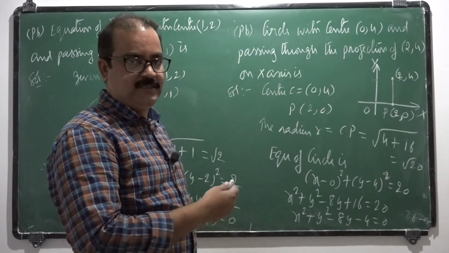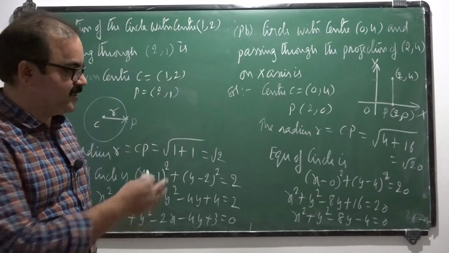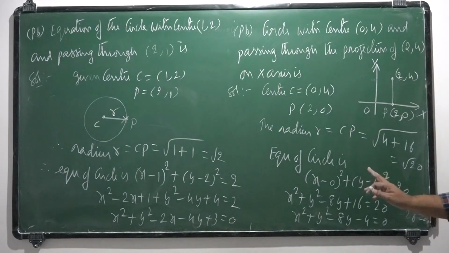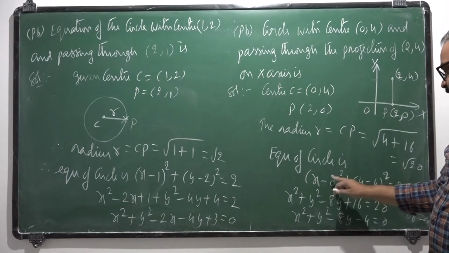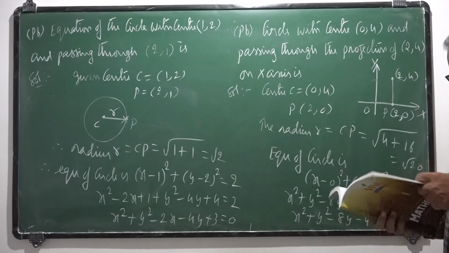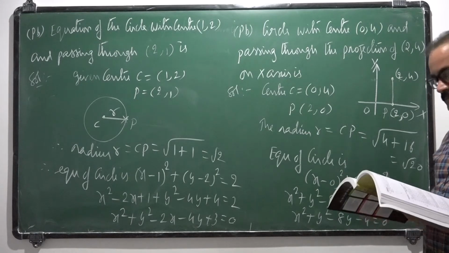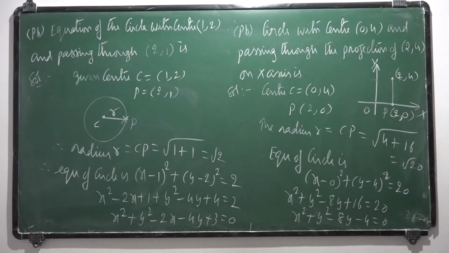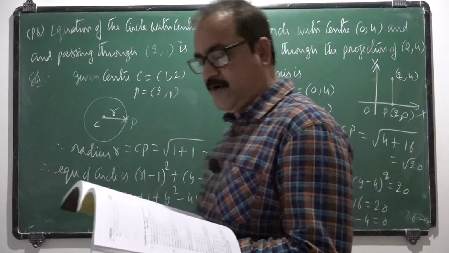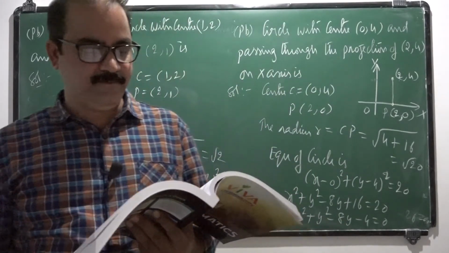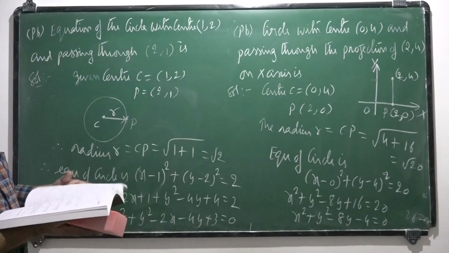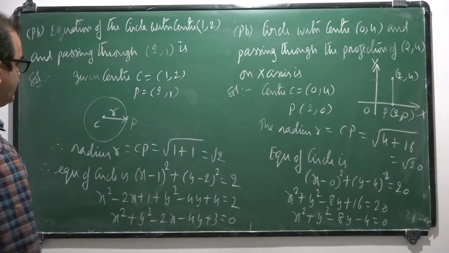You observe all these problems are different but use the same concept. When the center and radius are known, how do we find the equation of the circle? (x minus a) whole square plus (y minus b) whole square is equal to r square. But the problems are different. In this way, when the center and radius are known, we can find the equation of the given circle. Next, when the equation of the circle is given, we discuss how to find its center and radius.